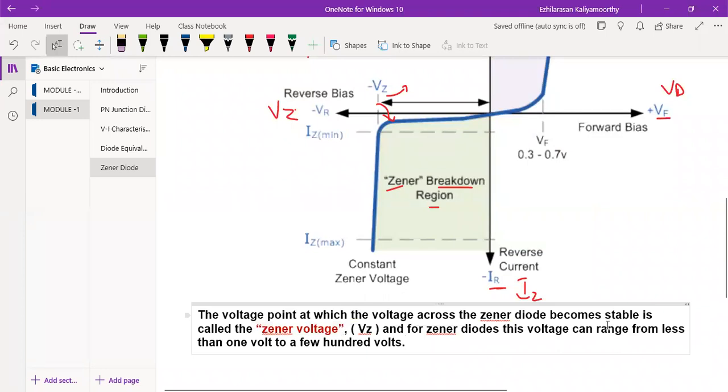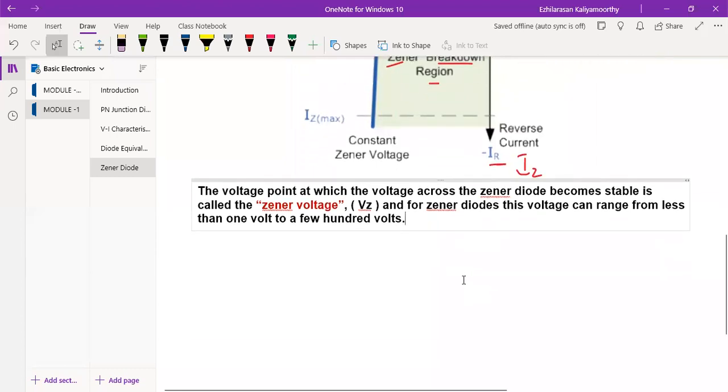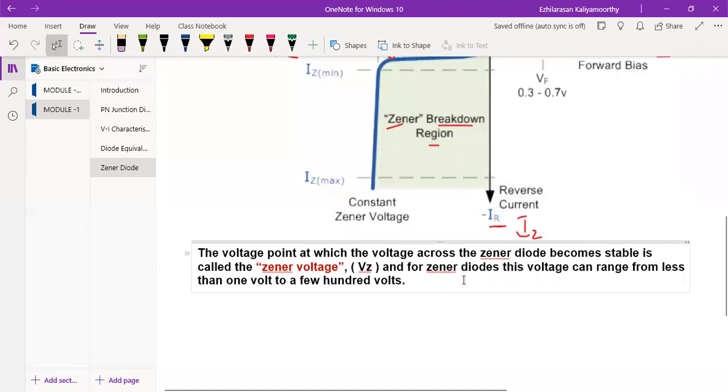One is the avalanche voltage. The second one is the Zener voltage, or we can say the Zener breakdown voltage also. Now the point at which the Zener voltage triggers the current to flow through the diode can be very accurately controlled in the doping stages of the diode's semiconductor construction, giving the diode a specific Zener breakdown voltage. For example, let me consider it as VZ, the Zener breakdown voltage, which for a specific Zener is, for example, 4.3 volt or 7.5 volt.